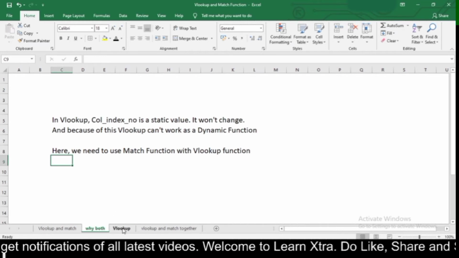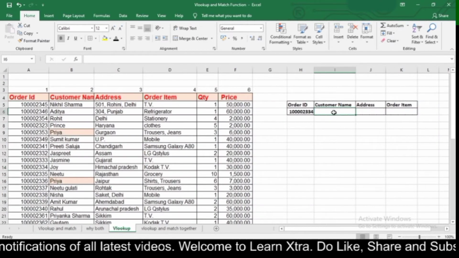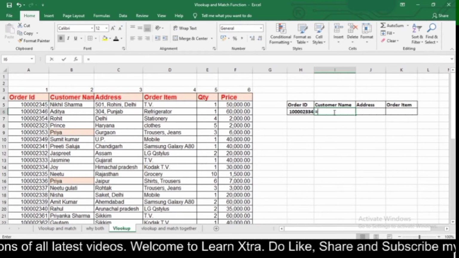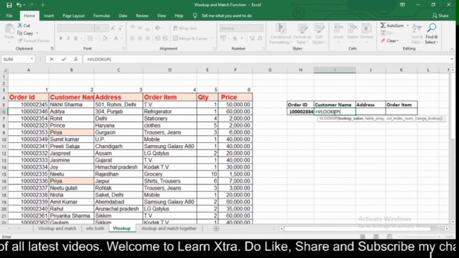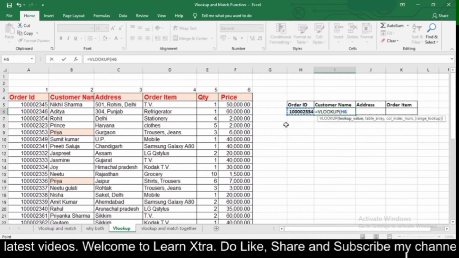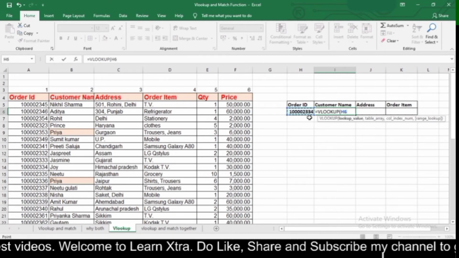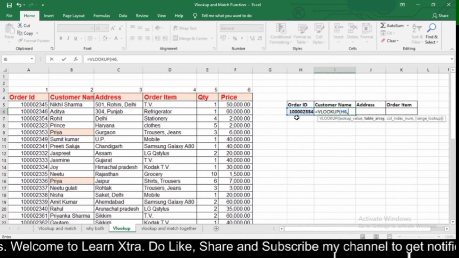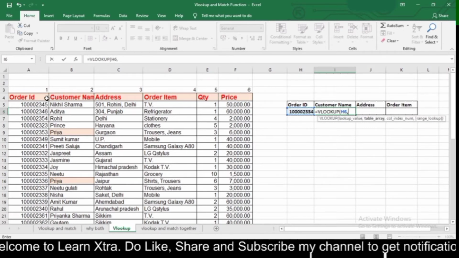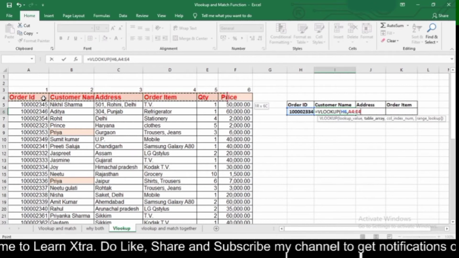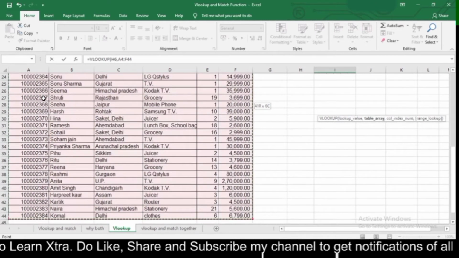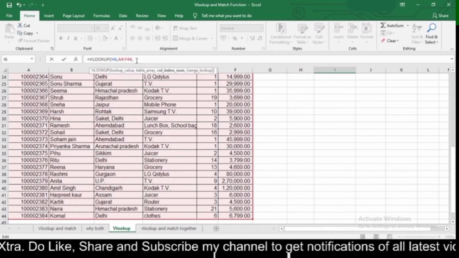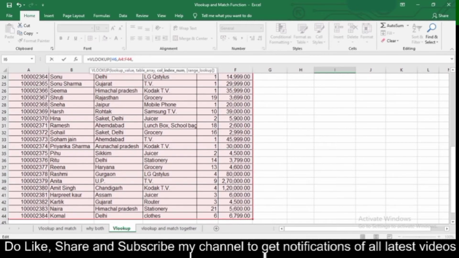So here, if I want to find out my customer's name with the help of my order ID, then I will use equal to VLOOKUP, and here my lookup value would be my order ID because I want to find out my order ID from my given data, and here my table array would be my table, that is from A4 to F44, and then comma. So here I need to type the column number.